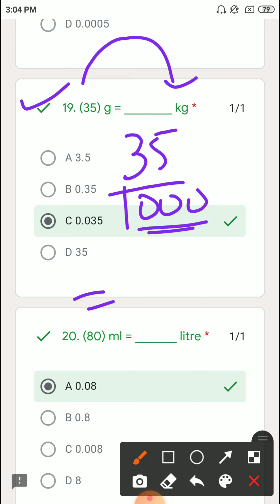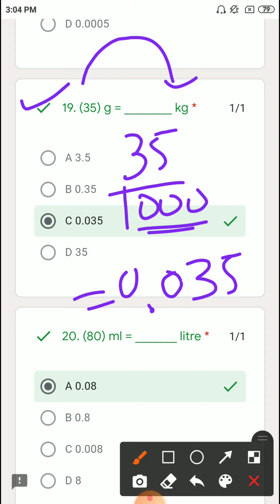Now in denominator we have a total of 3 zeros, right? So in numerator, before 3 digits we need to put a decimal point, but here we have only 35, right? Now before the decimal we have only 2 digits, so put one extra 0, so it becomes 3 digits, right? And before that put the decimal point here, and here 0, so 0.035.